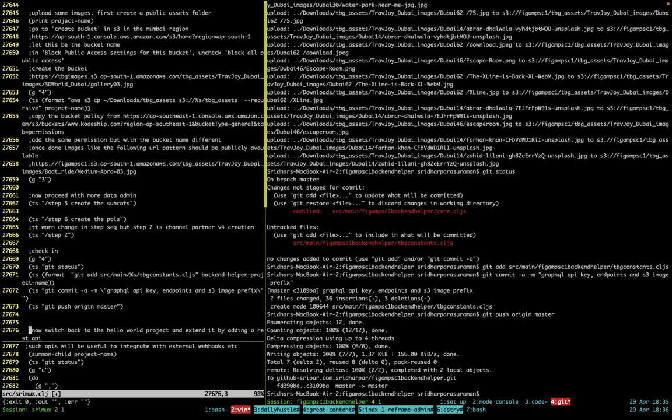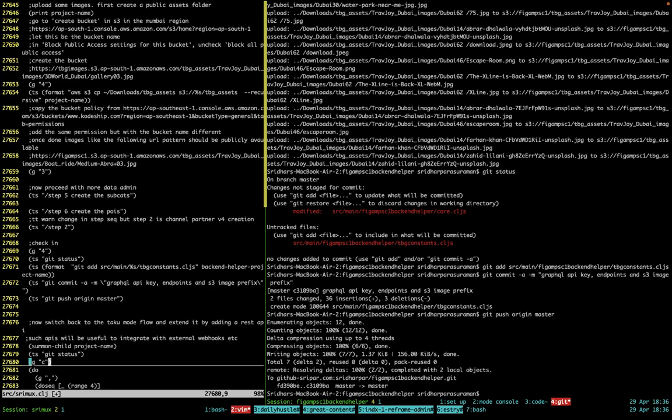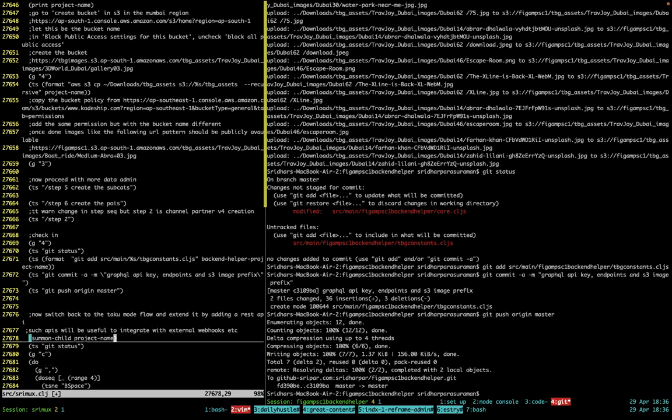Now switch back to the mode flow and extend it by adding a REST API. Such APIs will be useful to integrate things like webhooks. So we go to